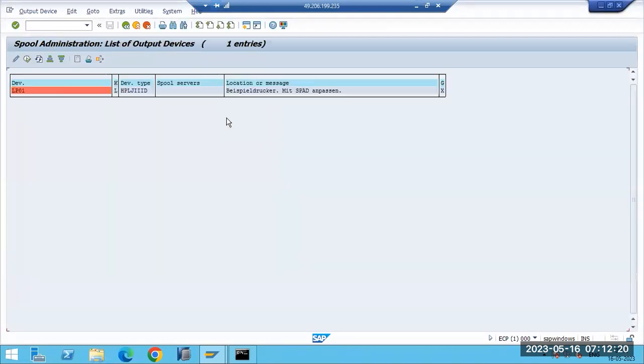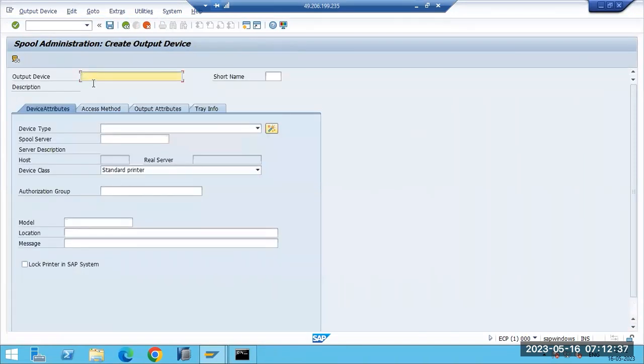There, just click on the output device. Here we have only one output device. Just click on the pencil symbol, which means the change button. So you want to create a new printer here, just click on the create button. Here a form is generated. Maybe you can give a shortcut like office. So shortcut name means